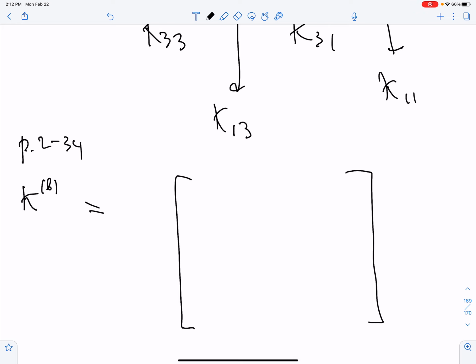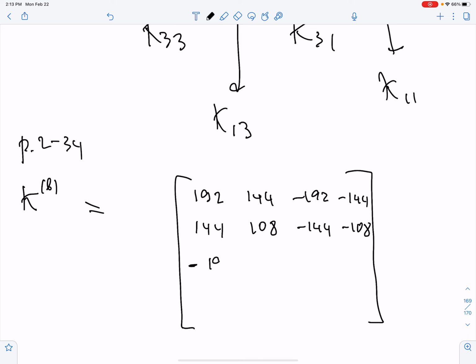And so as a result, it's fully populated. 192, 144, minus 192, minus 144, 144, 108, minus 144, minus 108,